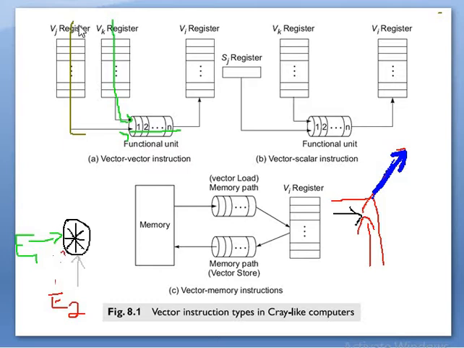In the same way, when the Vj vector and Vi vector are performed with some function, both will perform what? Both will result in the next vector generation. So that is what a vector instruction is. Next one is vector with a scalar. Okay, how to explain this? Very simple.